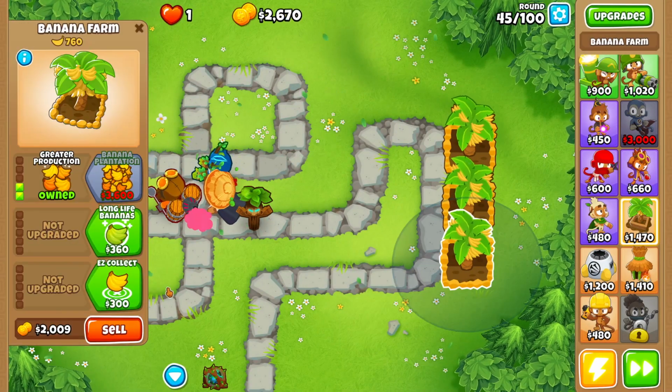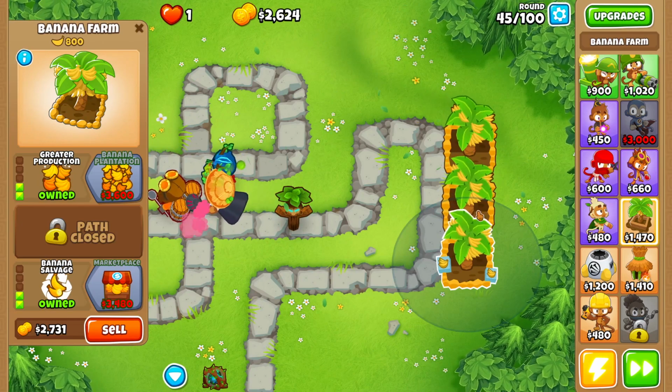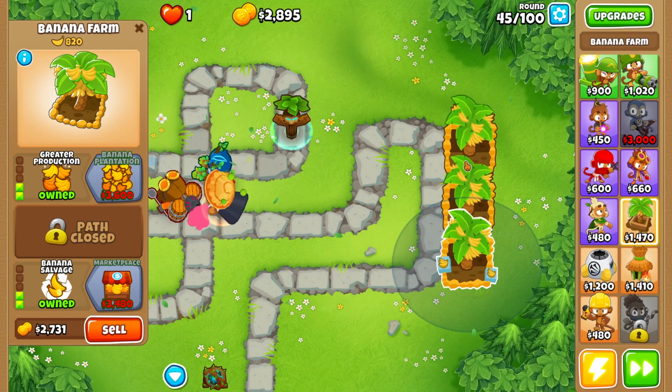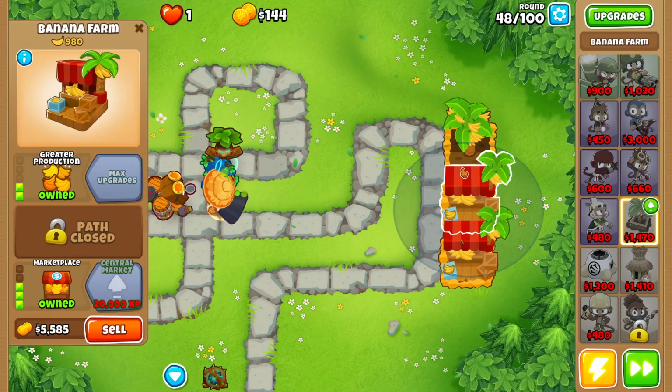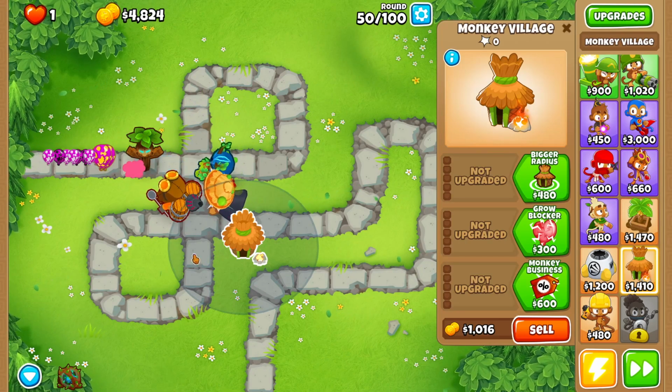All right, so now that we have the marketplace unlocked, let's go ahead and save up to buy a marketplace. And then we'll upgrade all three of these banana farms up to marketplaces. There's our first marketplace, there's our second marketplace, and there's our third marketplace. And then the next thing we want to do is we want to place ourselves a monkey village right here,